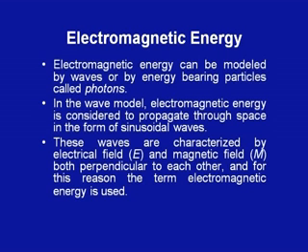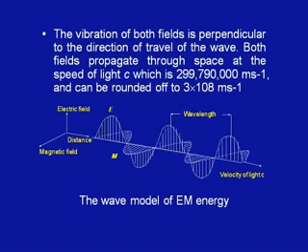Electromagnetic energy can be modeled by waves or by energy-bearing particles called photons. In the wave model, the electromagnetic energy is considered to propagate through space in the form of sinusoidal waves. These waves are characterized by the electric field E and the magnetic field M, both perpendicular to each other, and for this reason the term electromagnetic energy is used. The vibrations of both the fields are perpendicular to the direction of travel of the waves. Both the waves propagate through space at the speed of light c, which is